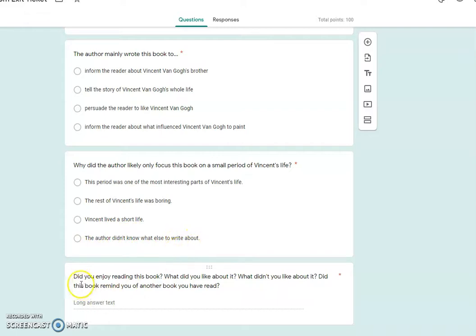Okay, and then I would like you to answer, and all you do is click on the answer that you think is right, and then that's it. And then it says, did you enjoy reading this book? What did you like about it? What didn't you like about it? Did this book remind you of another book you have read? So I want you to make sure you write